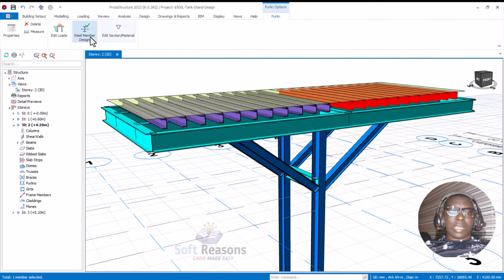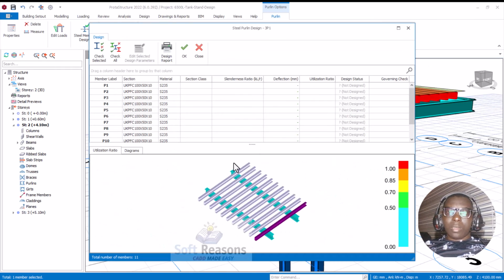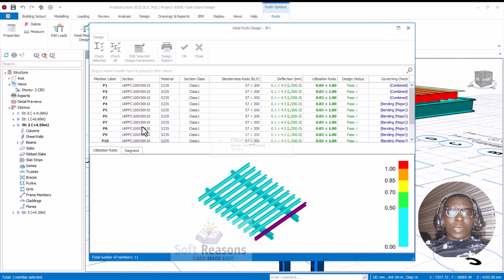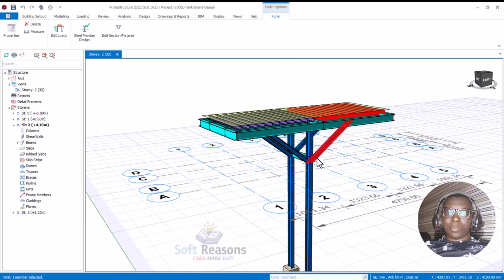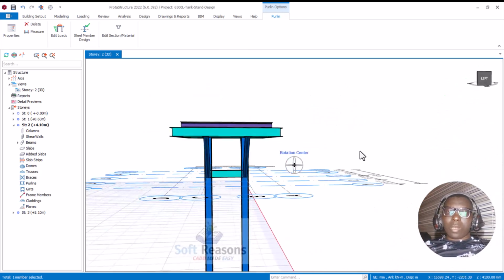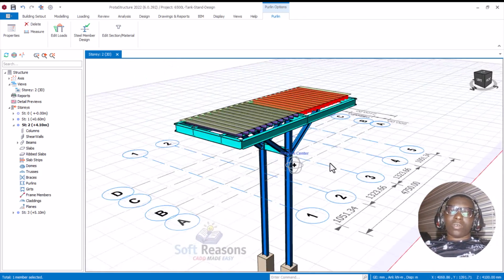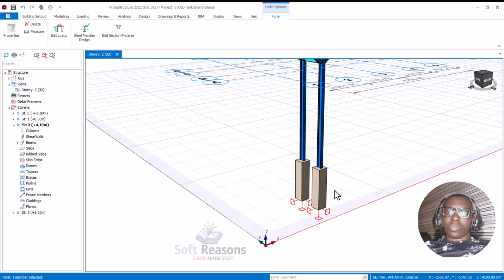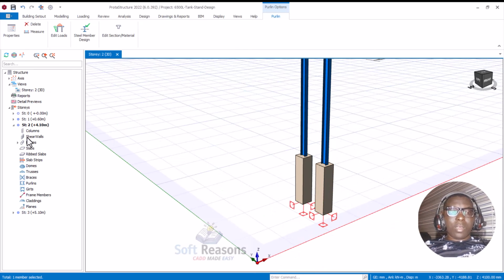You can also check the second purlins, check all. You see everything has passed design successfully. Click on the OK option. So now we are done with designing the structural element of this structure, remaining the foundation column, which we will